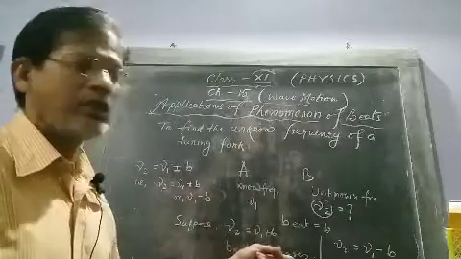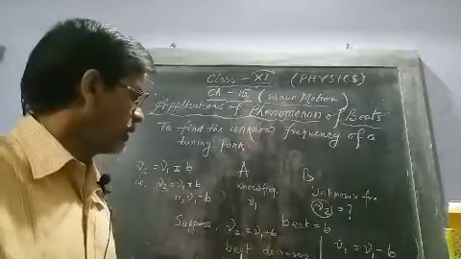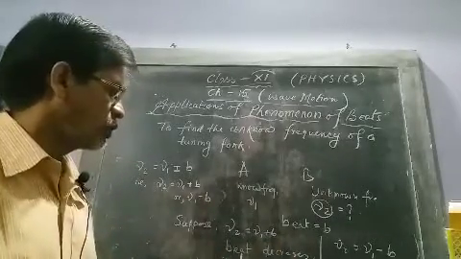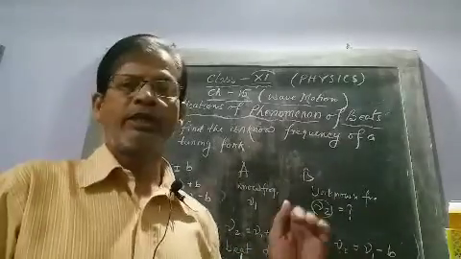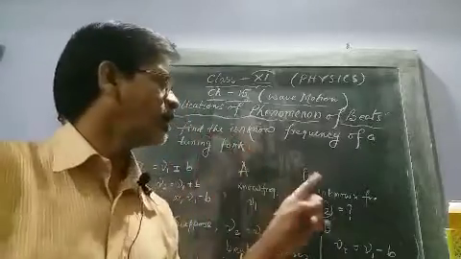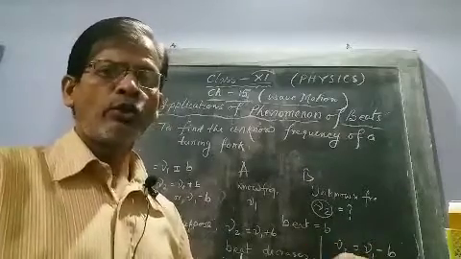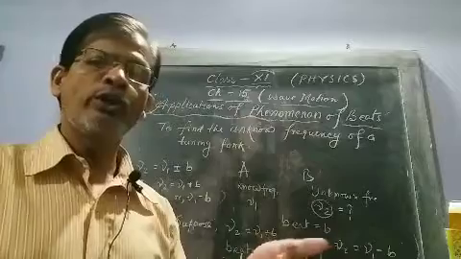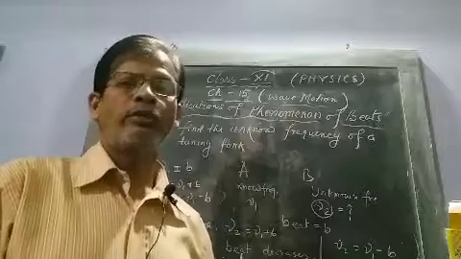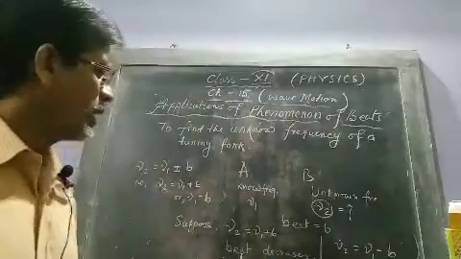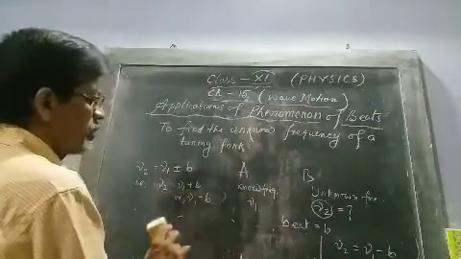That means beat decreases. If beat decreases on loading, then the frequency of the unknown tuning fork is nu2 equal to nu1 plus b. Now we take nu2 equal to nu1 minus b. That means the unknown frequency is less than the known frequency. If it is loaded, its frequency again decreases, so beat will increase. So on loading, if beat increases, the frequency of the unknown tuning fork will be nu2 equal to nu1 minus b. Clear? Now take an example.